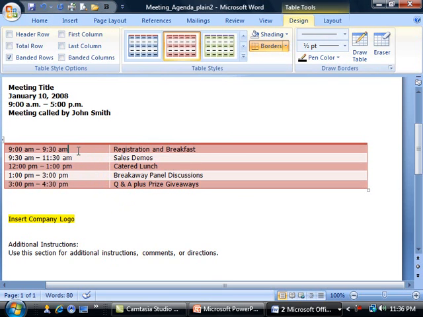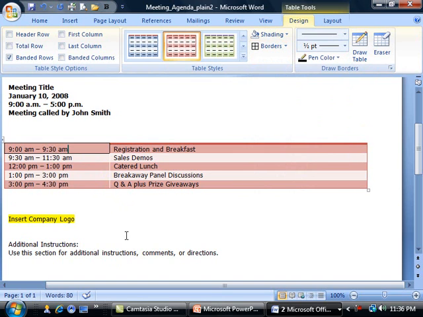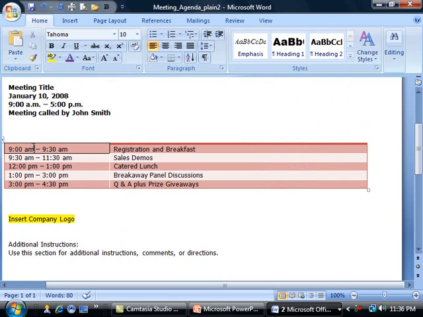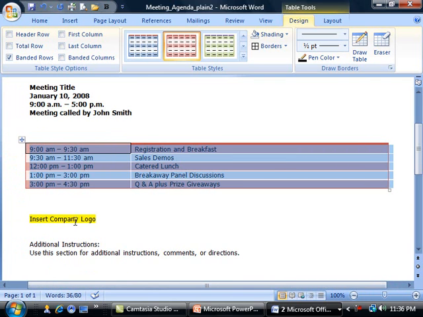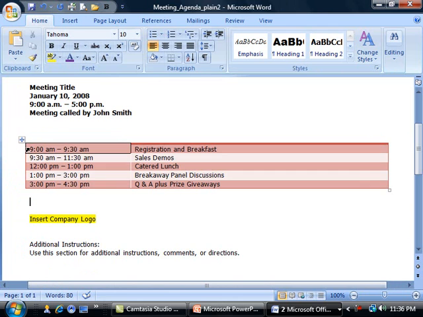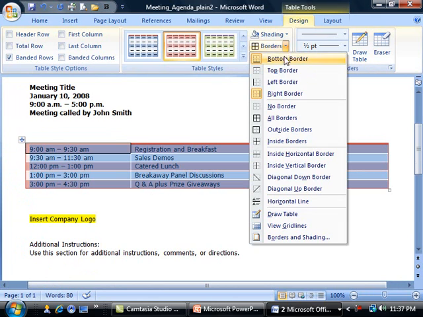One last thing I would like to do is possibly add some borders. So I can select this drop down and select all borders. Actually, I did not select my table, so you can either just click on this icon over here to do that, or you can also just select your table like this, and then I will go back to the borders